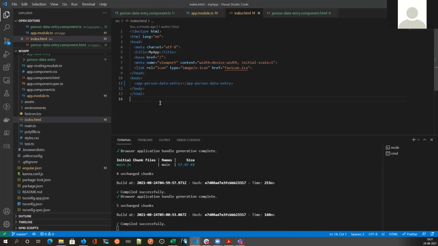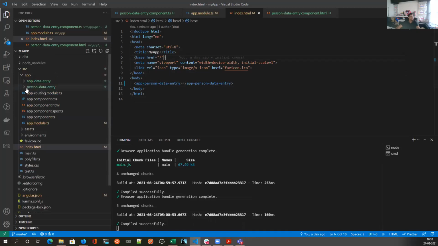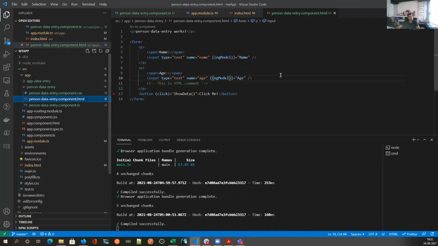Chintan, I am able to see that message, but not able to see the controls on the page. Just check if you saved the HTML file or not. Okay, yeah, let me check. Still seeing a white page. Click F12 and see what error is coming in the console.